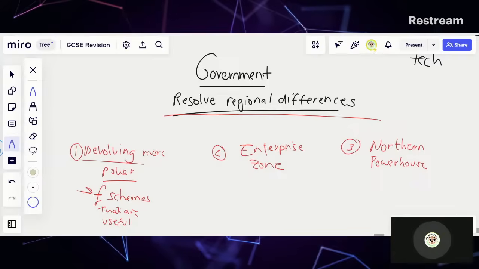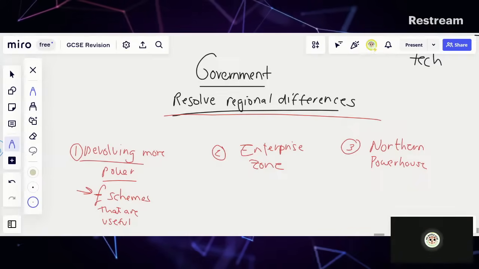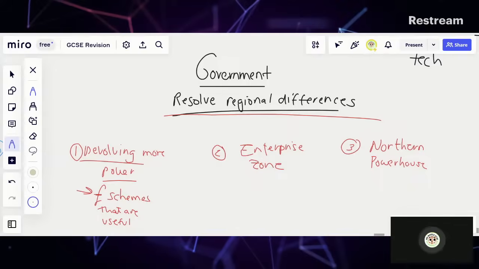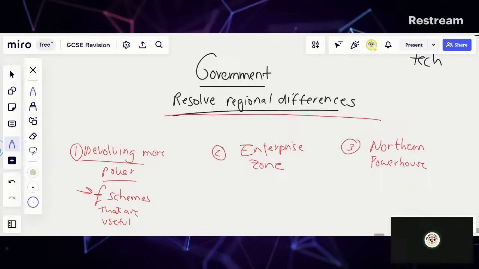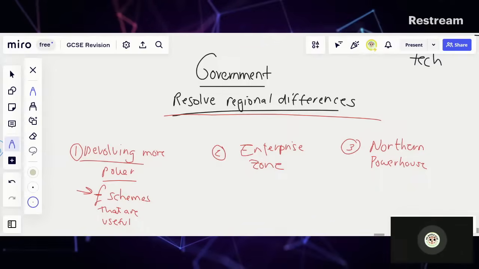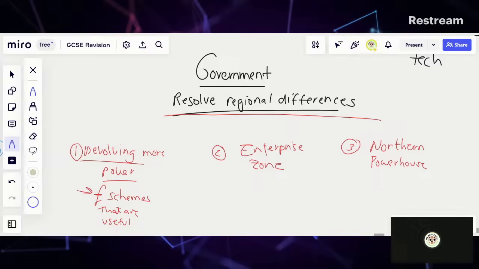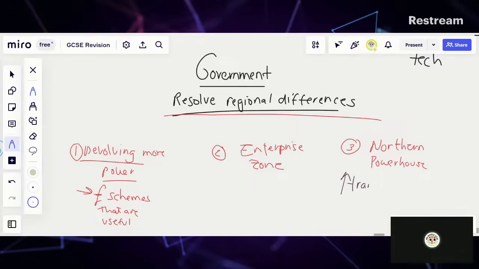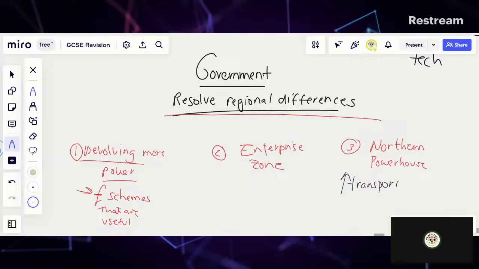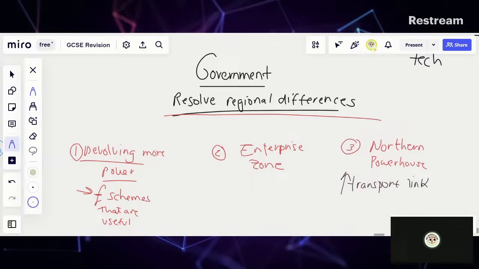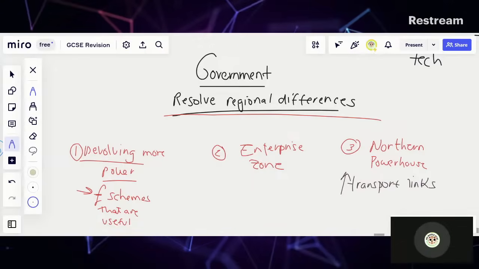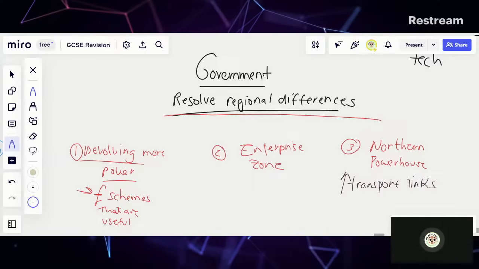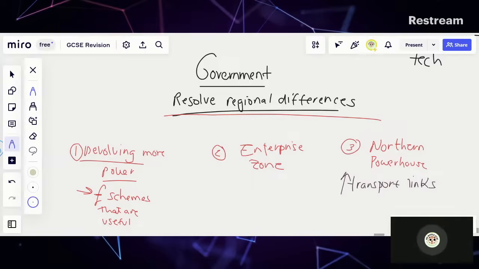Now, the Northern Powerhouse is the government's plan to reduce the inequality of the North South divide by attracting investment into the North. So, by improving the transport links between the northern cities, this then allows those people in the northern areas to